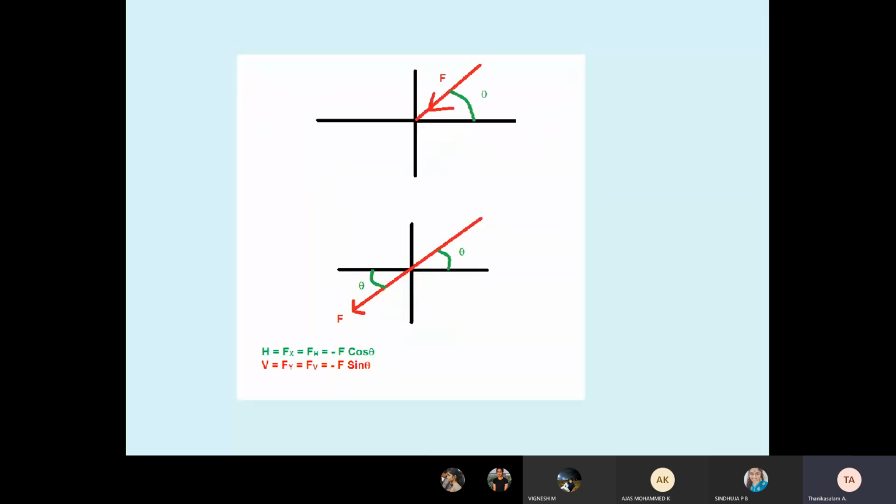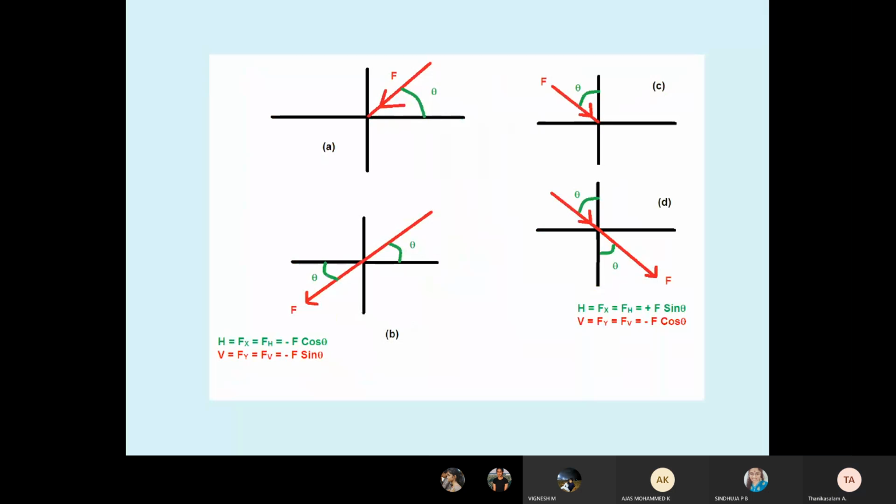So here the force looks like it is lying in the first quadrant. But see the arrow mark, that is the line of action, it goes to the third quadrant. Students, sometimes they cheat in the examinations, no. This force is not lying in the first quadrant, because the arrow mark goes to the third quadrant. So whenever you transform to the third quadrant, the theta also, you have to convert with respect to which axis. Here theta is from the x-axis, no. So it goes to the third quadrant. Therefore the force with respect to x-axis, the alternate angle is equal, no. That's based on concept. Therefore, minus F cos theta, minus F sin theta.